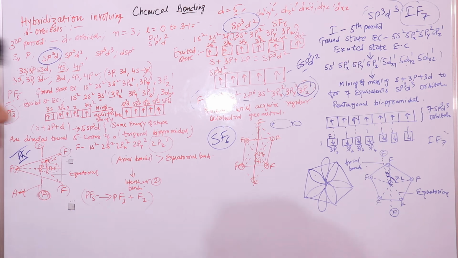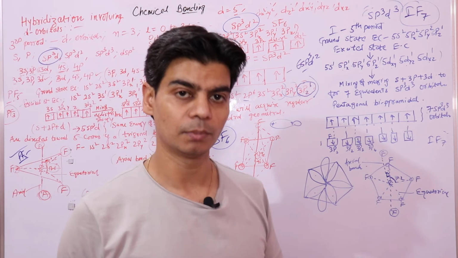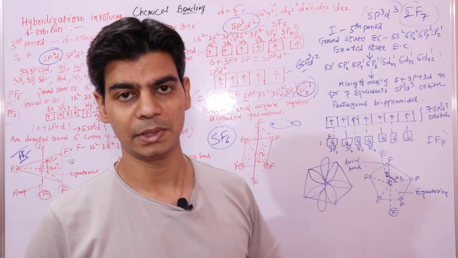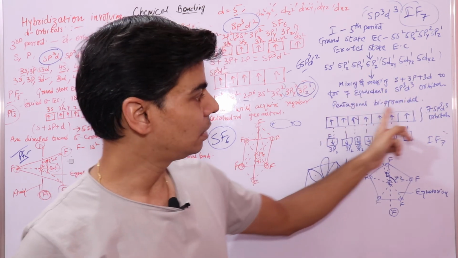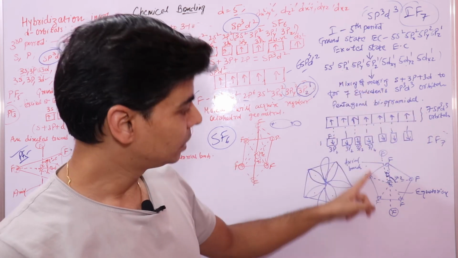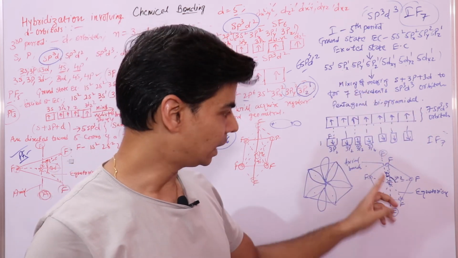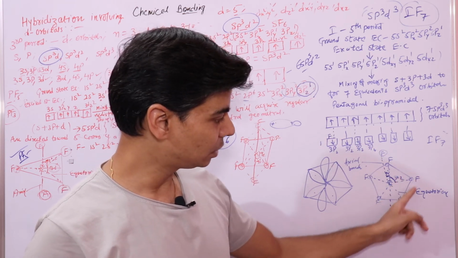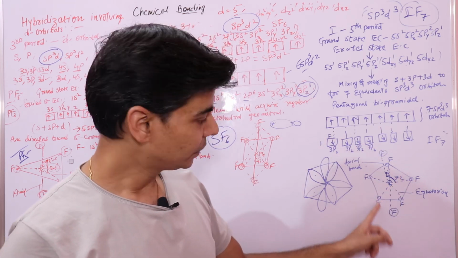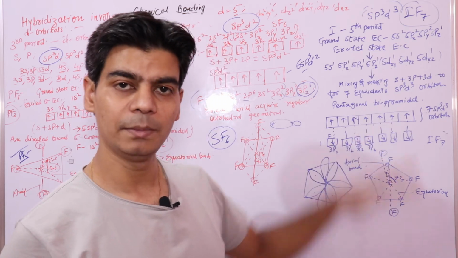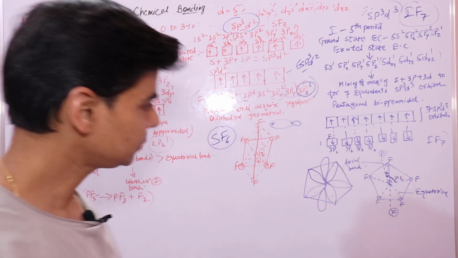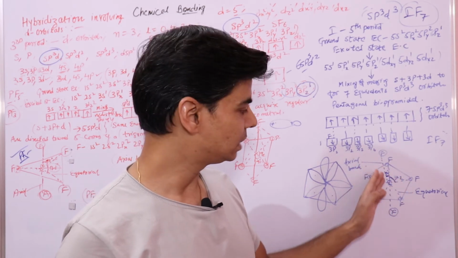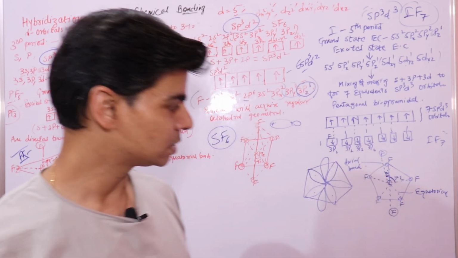So the geometry of a molecule that has a central atom with sp3d3 hybridization is pentagonal bipyramidal, right. It has axial bonds and equatorial bonds. Equatorial bonds are directed towards the corners of the pentagon, and axial bonds are above and below the plane of the pentagon, right. The angle between equatorial bonds is 72, whereas the angle between axial and equatorial bonds is 90 degrees, right.